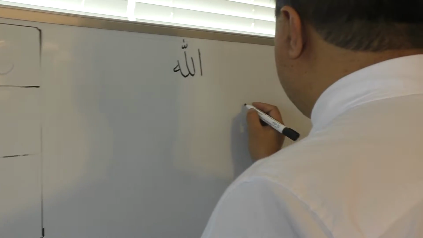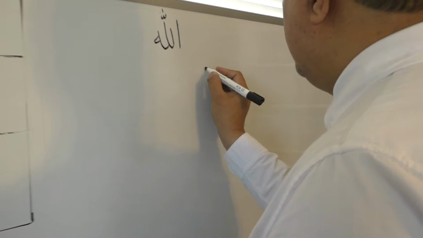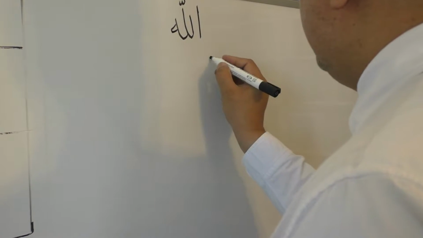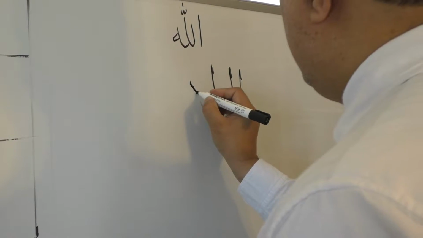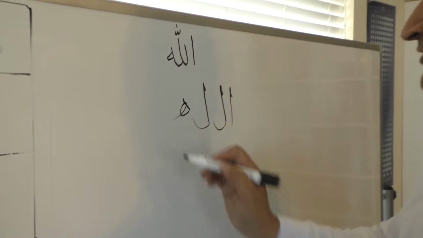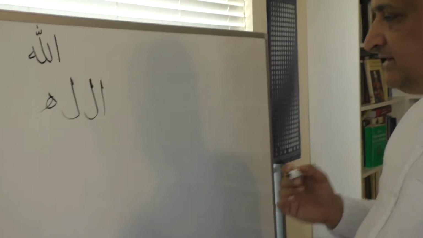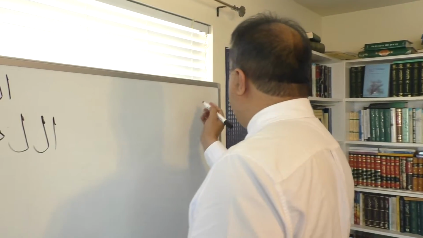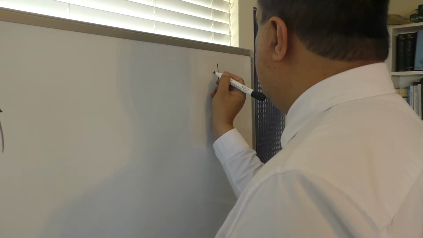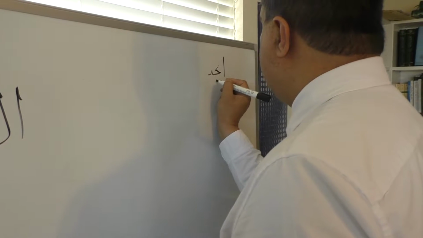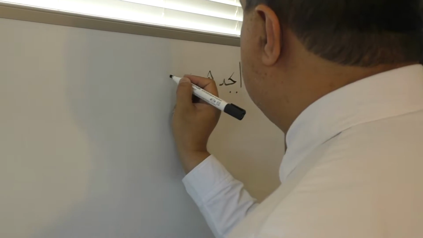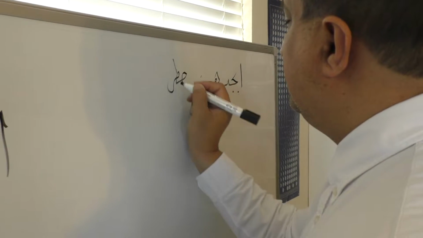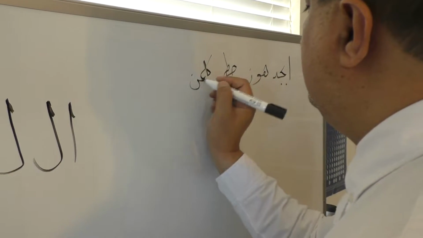This breaks down into Arabic as the letter Alif, the letter Lam, the letter Lam, and the letter Ha. 1, 2, 3, 4 letters. Now in Arabic there's a particular code or way of converting Arabic letters into numbers. And that's in the mnemonic Abjad, Hawaz, Hutti, Kaliman,